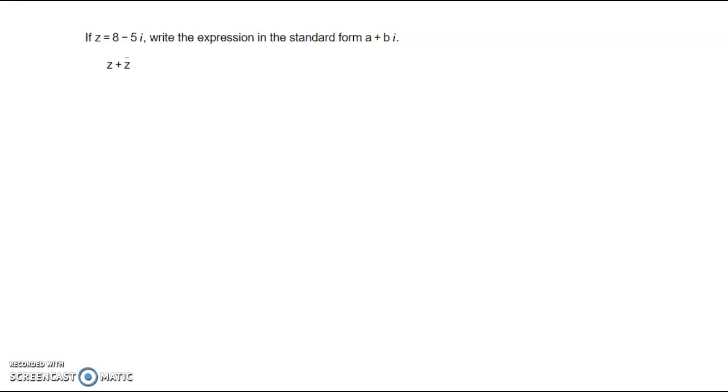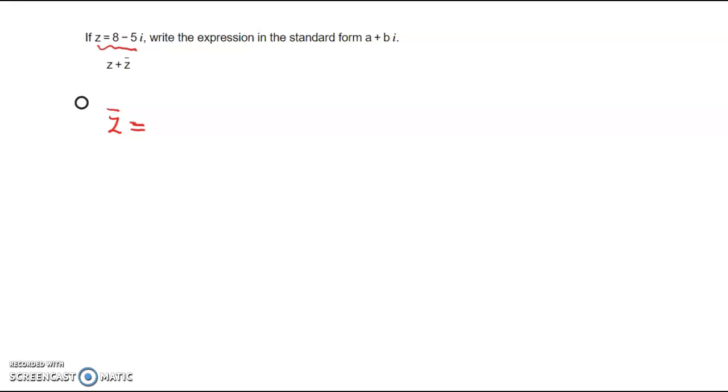Let's look at how to write the expression z plus z bar in the standard form a plus bi. So we've already been given the z part in the question. So what we have to figure out on this question is our z bar. And by definition, to find the z bar, you always keep the term in the z, the first term in